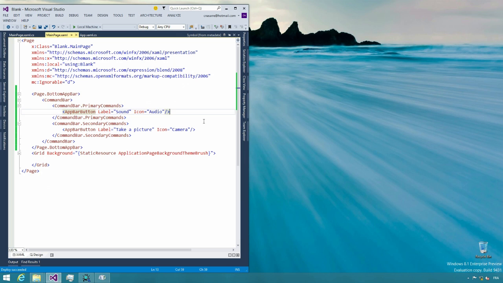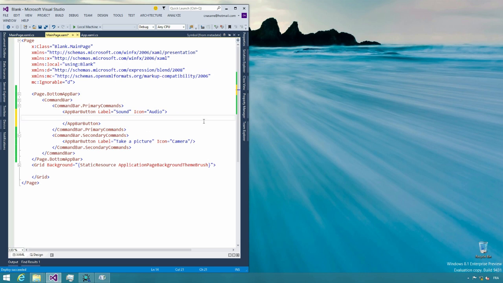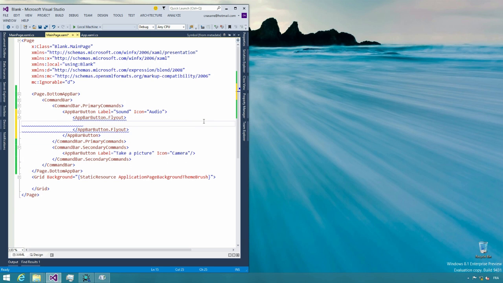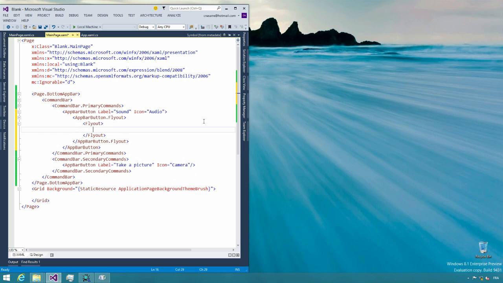So with the sound, we will need to define inside the sound the flyout. So it's the app bar button dot flyout attached property, and here you need to define a flyout, and I will define my flyout like this. It will be a flyout, and in the flyout I will define a kind of confirmation dialog. So I will create a stack panel